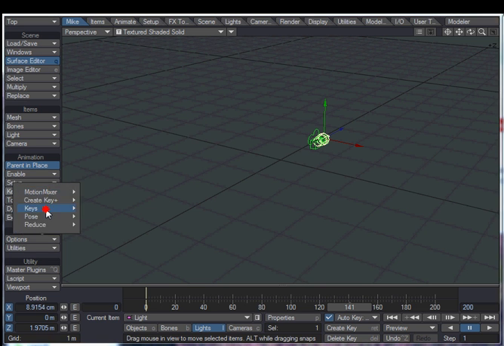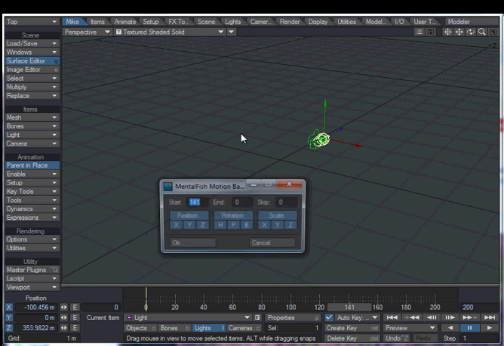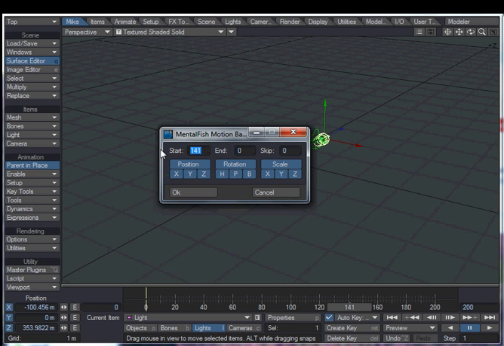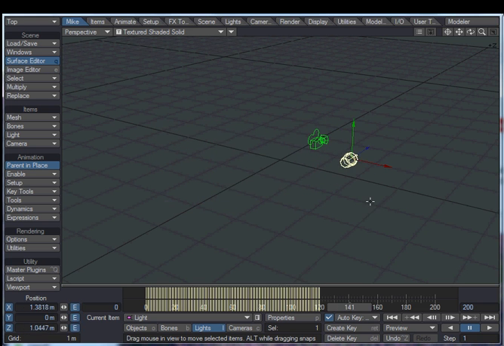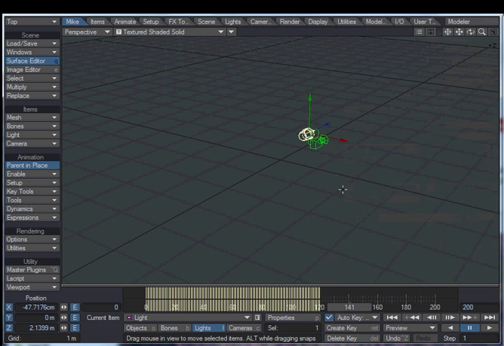Now if you want to do that, there's a useful plugin from Mentalfish, otherwise known as Peter Sunders, called MF Motion Baker, and this allows you to select a start and end time for that, so say 120, and then you can choose which channels to bake, and if you click OK, you can see it's going to do that. And then if you want to, you can turn off the springy thingy, and you can see it's baked the actual motion of the object to keyframes,